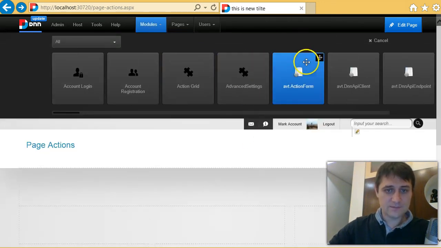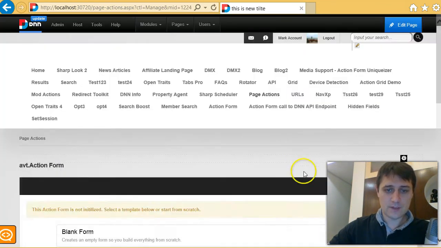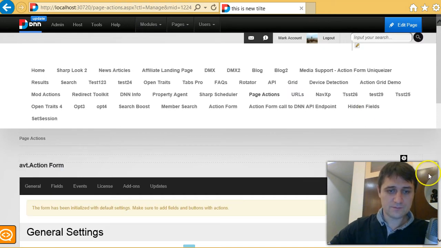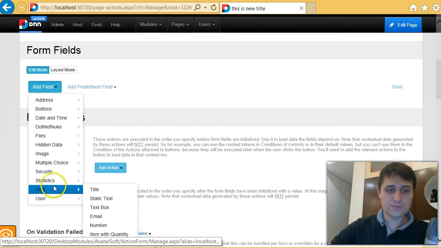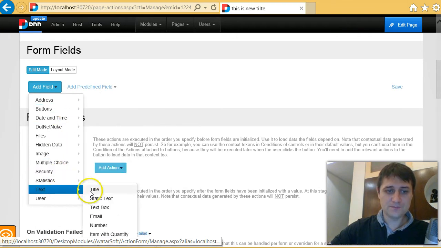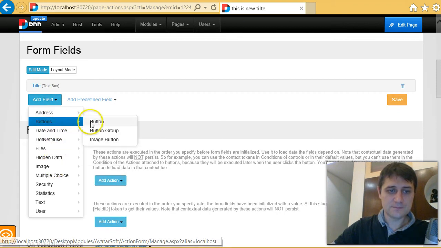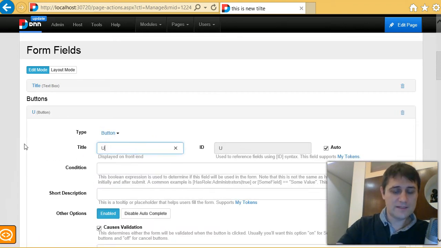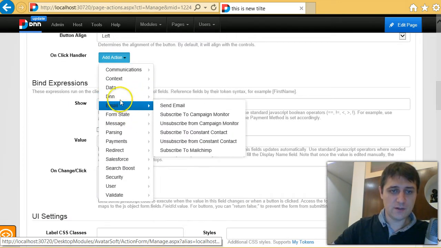I will start, of course, with a new Action Form. We'll do everything from scratch, a blank form. Let's say that I want to change the title of the page. So I will use a text box, and I will call it title. And then I will use a button, call it update. And in this button, I have some action here called DNN,